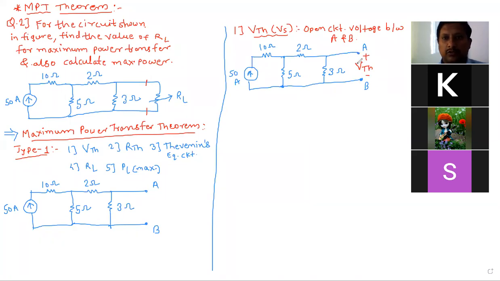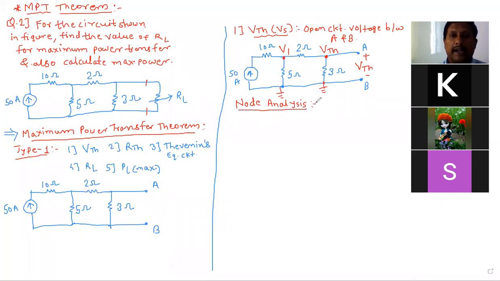So A and B, these two terminals are coming from the 3 ohm. If you are considering this as a ground point, the voltage across this 3 ohm resistor, which is exactly parallel to this, is VTH. But this is not VTH because the 2 ohm resistor is present in between. So this voltage we can consider as V1. These two node voltages we have to find out. If we are going to find node voltages, then we have to use what? Nodal analysis. Yes.